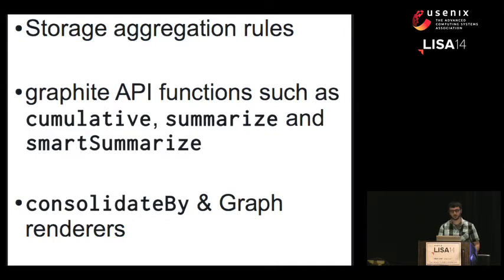And then another thing that I like to think about is there's 3 different cases where you often need to consolidate data points that are in sequence into one. For example, with storage aggregation, if you have short-term high-resolution data and you want to store it in longer-term lower-resolution data, that's when you need to aggregate points together. Or Graphite has some API functions where you say summarize in this time frame. Or another example, the third one, is graph renderers. Sometimes they have more data points than they have pixels, so they also need to consolidate them somehow.